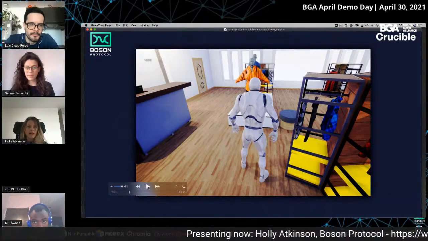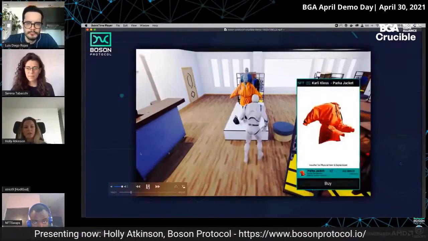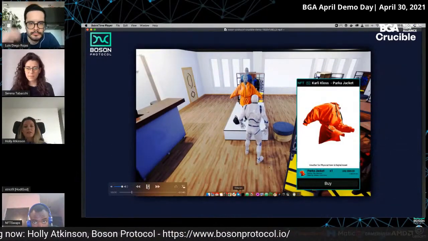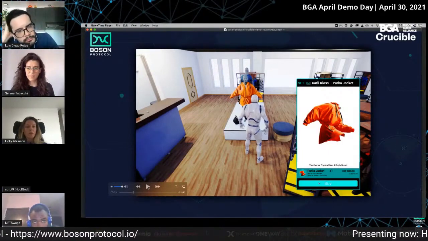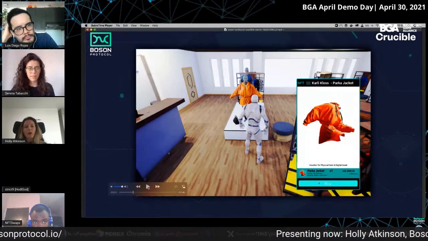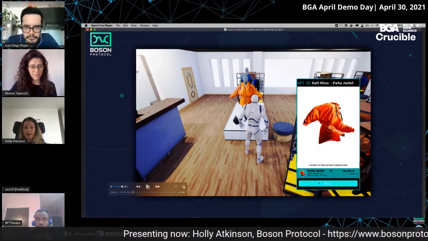So our avatar here can actually walk up to different items in this retail space, and you'll see a modal pop up so the player can purchase a product. This mannequin is wearing a Parker jacket made by The Fabricant in collaboration with Kylie Kloss and Adidas.